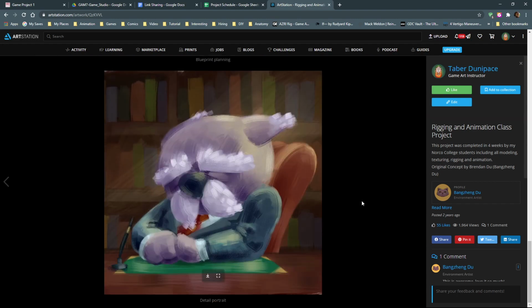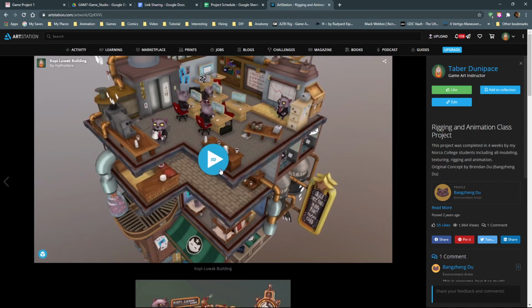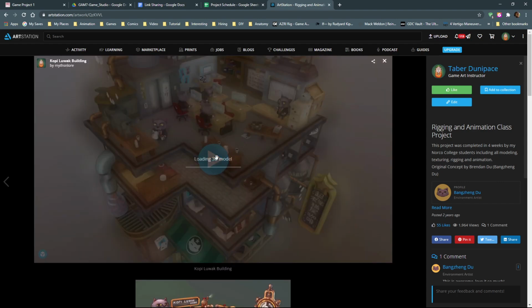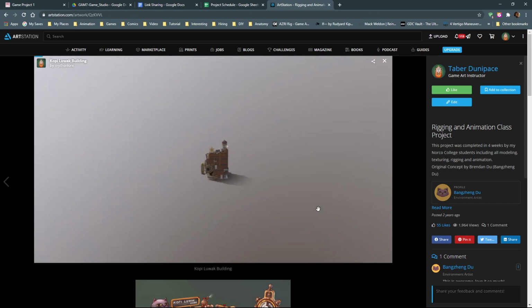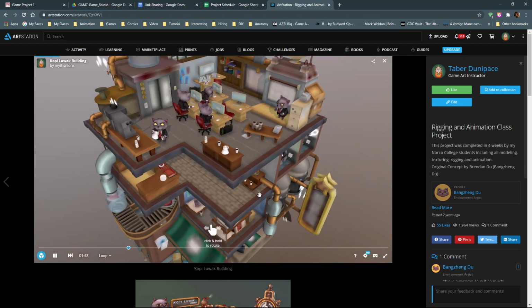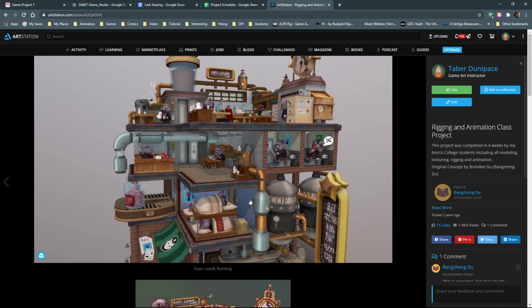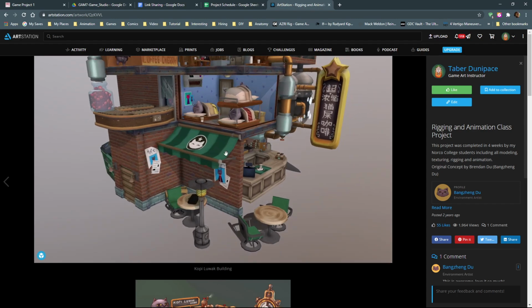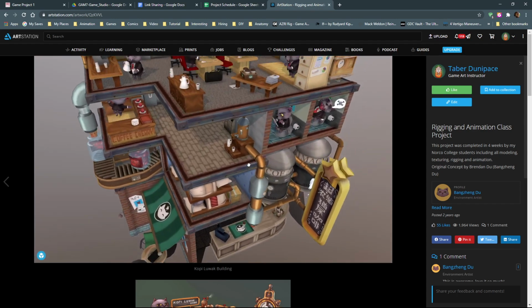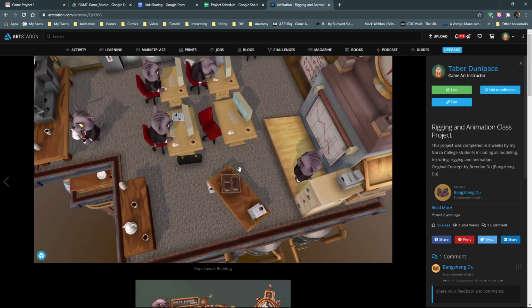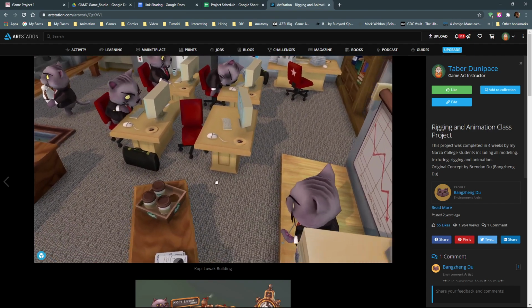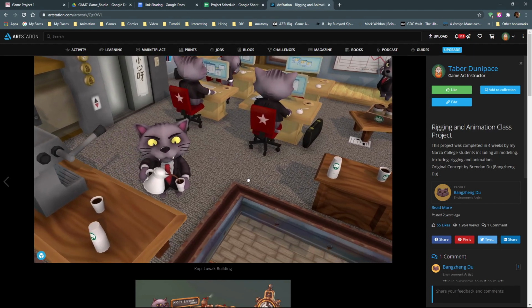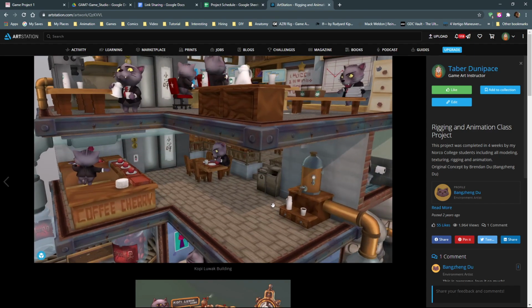And here's just a bunch of development art that I did. But this here is an embeddable Sketchfab project. When I click on it, it'll take a second to load because it's very complicated. Here we've got an entire animated building full of characters and special effects. So if we can do something like this, you can probably upload a level. You just might run into performance issues eventually with how complicated it ends up being.